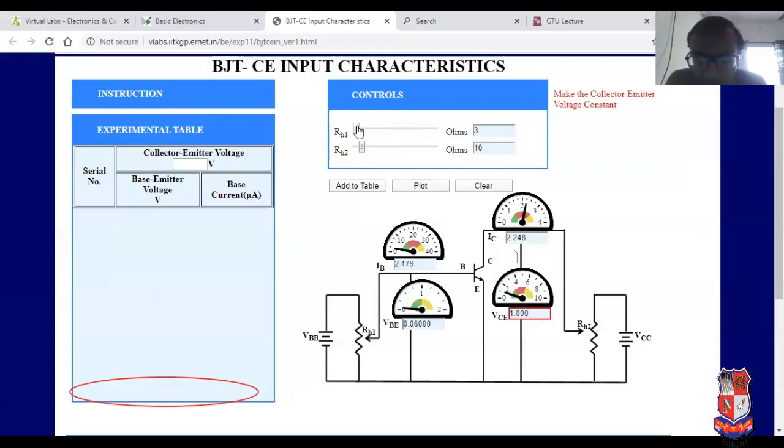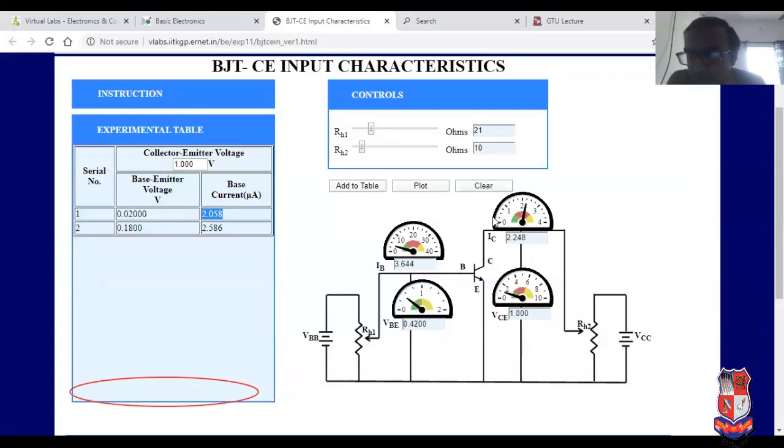Now, if you change the value starting from 1, see this table, this current is changed compared to the previous case. Now see 2.586. Why? Because input current is increased. If output current is increased, collector current is increased. That's why more electrons can travel towards the base, so base current is large. See this 2 to 3.